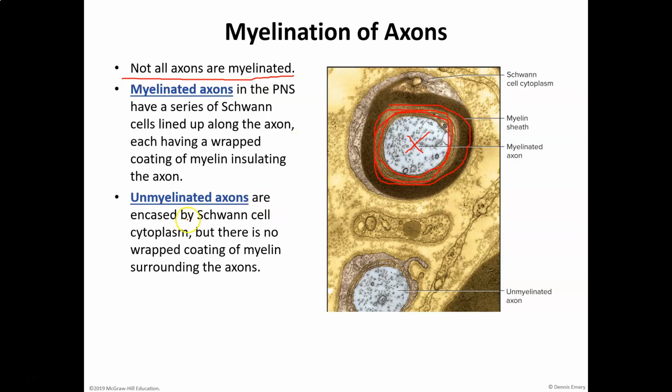Unmyelinated axons are encased by a Schwann cell and cytoplasm, but there's no myelin wrapping around the axon. So they give you an example of that down here. Here is another axon, and it has a Schwann cell. This whole thing here is a Schwann cell, this red area that I'm drawing in. But it did not wrap that axon. For whatever reason,